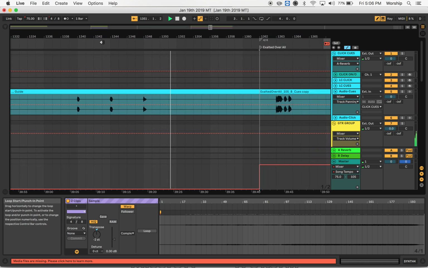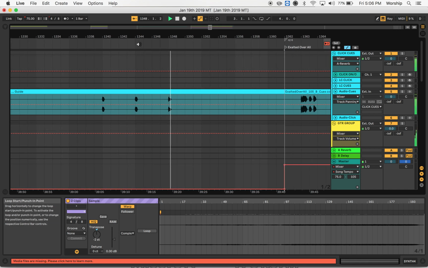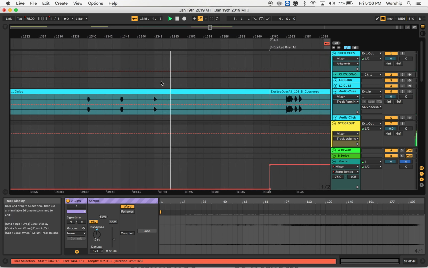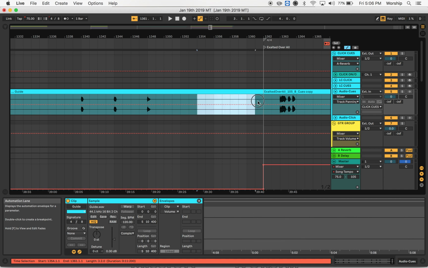And right here is where I think it ended. So maybe I'll give it another measure, like maybe to here. Now let's try 2 measures maybe, because it was a pretty long fade out. So I'm going to try here, and I'm going to shift command delete again. I'm going to delete that time again.